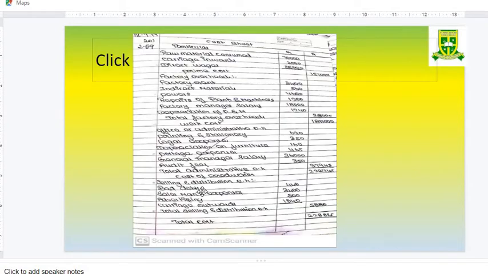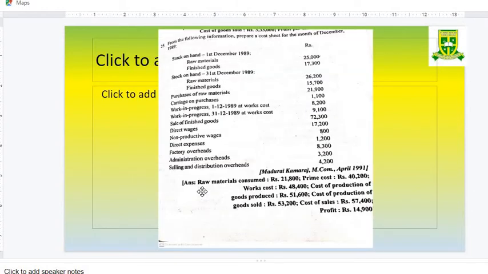So now you understand how you have to prepare the cost sheet. That is one kind of method where they will give only the expenses. They would have calculated all the expenses. Here the other method is with the opening and closing stock of raw material, work in progress and finished goods. If any one or all the three would have been given in the question. So I have already explained there are 3 stages of stock.